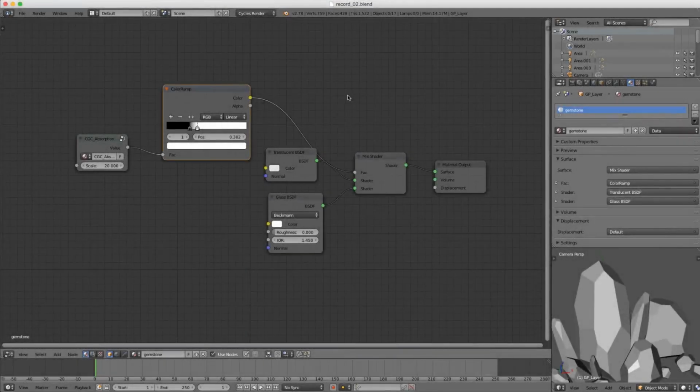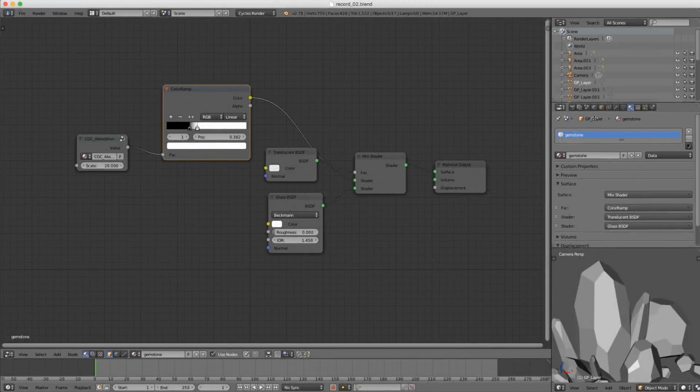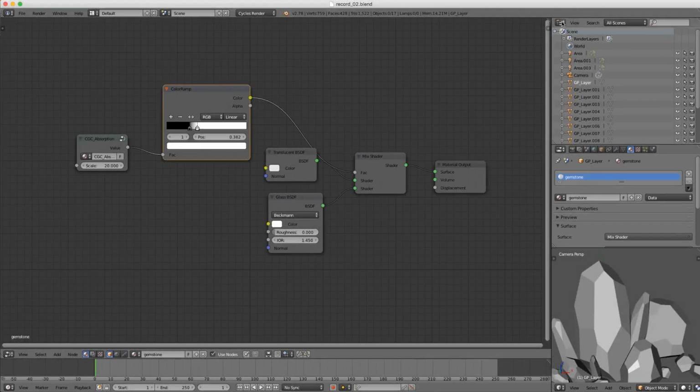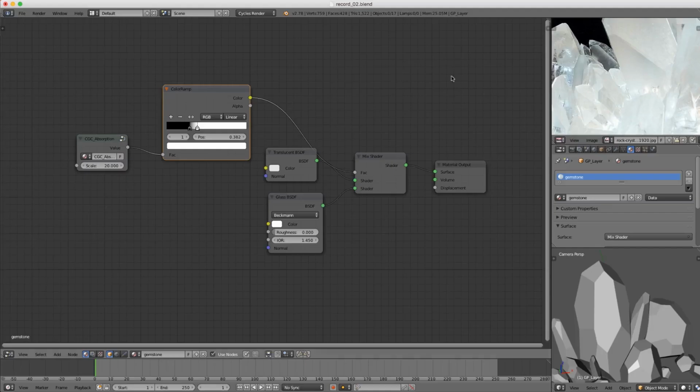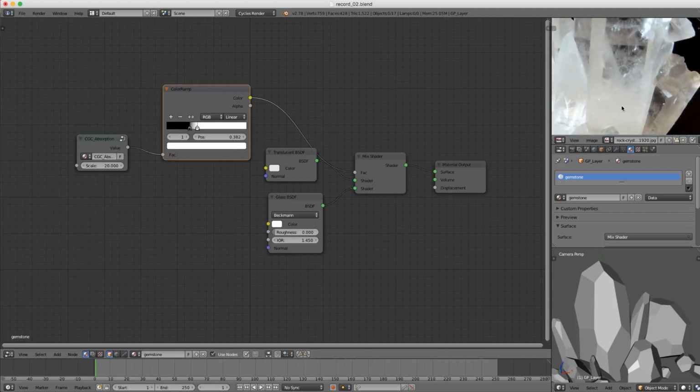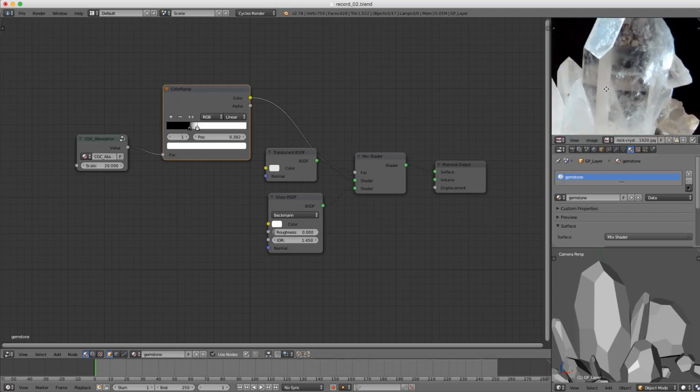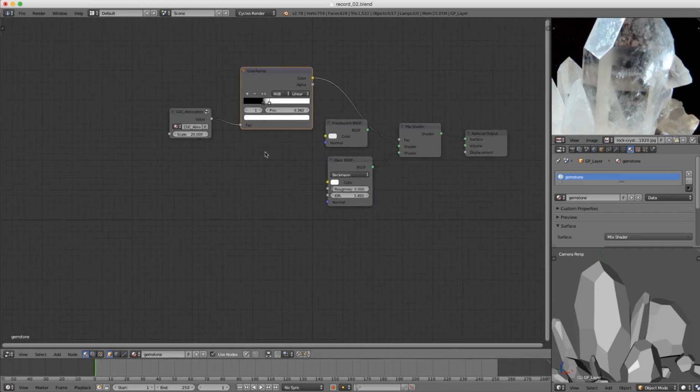As we look now to the breakup in the refractions for our gemstone, I'm going to drag down our outliner a bit and change it to the UV image editor so we can open one of the reference images we looked at, this quartz crystal. In the last lesson we covered the cloudiness. Now we're going to look at how to break up the refraction so we get that nice variety in brightness and darkness that we see happening inside. This is actually going to be pretty simple, just combining a few procedural textures and using it as a